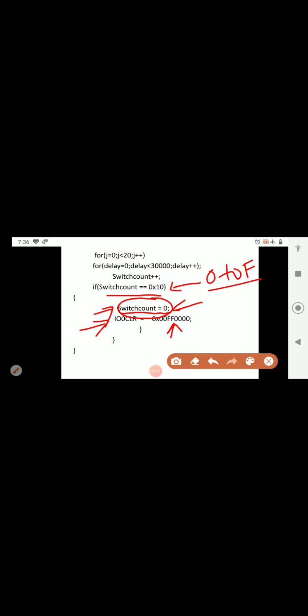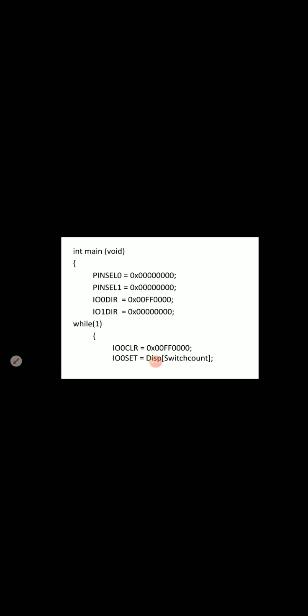Once this is performed, it goes back to the while loop. So this is continuously executing the count value from 0 to f, 0 to f, 0 to f, like that.